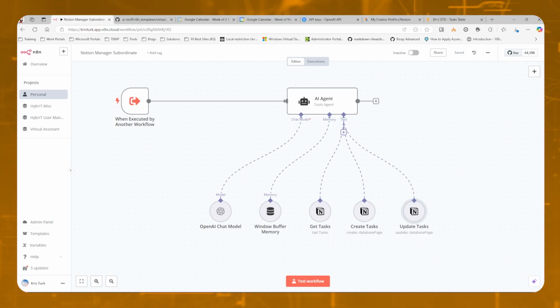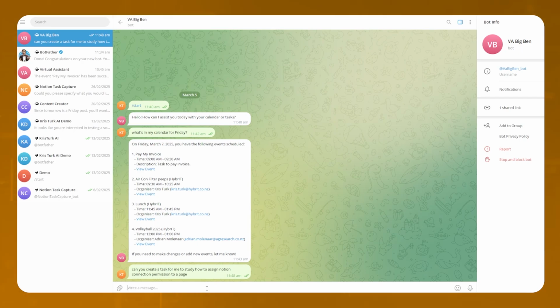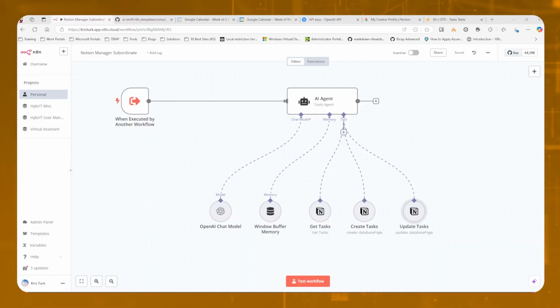So let's go back to Telegram. And let's say, can you create a task for me to study how to assign Notion connection permissions to a page, so I don't look like an idiot on the next demo. And of course that's not going to work because I need to actually activate VA Ben. So I'll go back to n8n